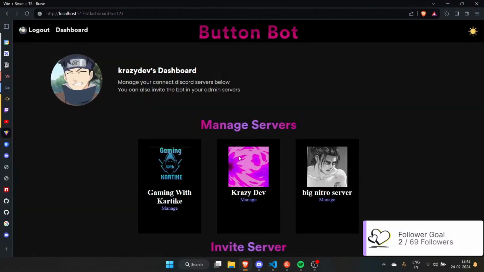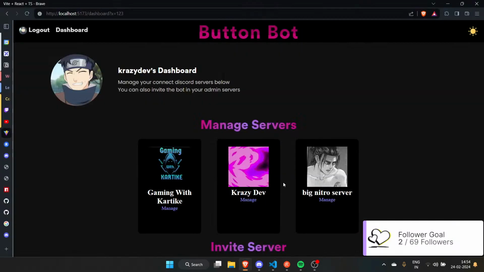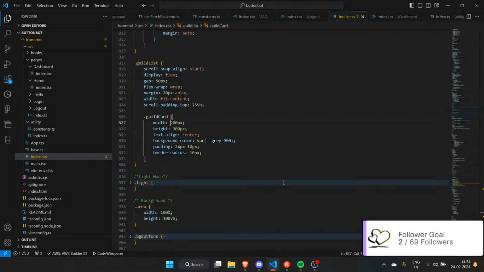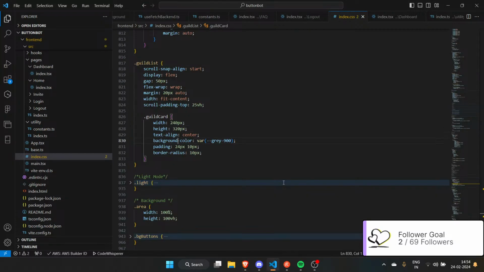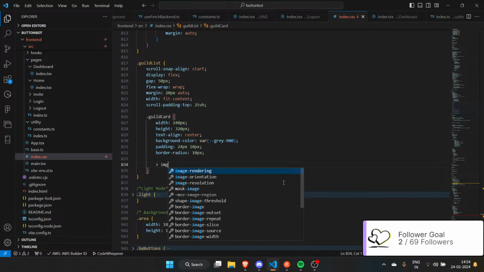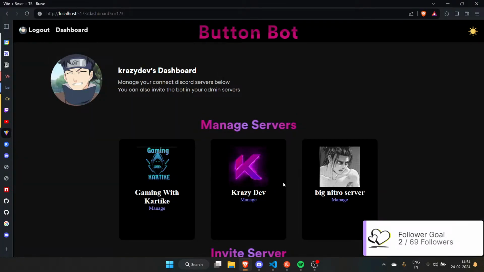So after that we have guild and so on. Right, looking nice. I like to have a border radius of 10 pixels, to be honest. That will give it a good look. I like to increase the width to 40 pixels. Not bad. The height can become like 320. And then I like to do the image. I'll give it a width of 128 pixels and a height of 128 pixels. That's nice.